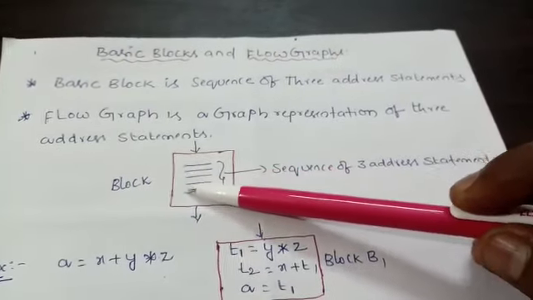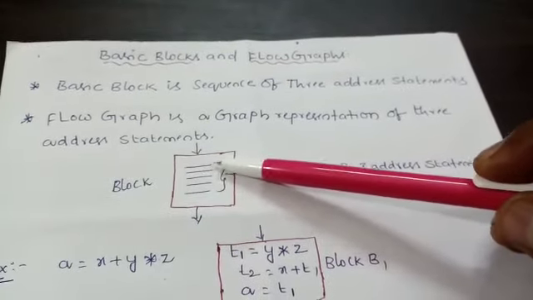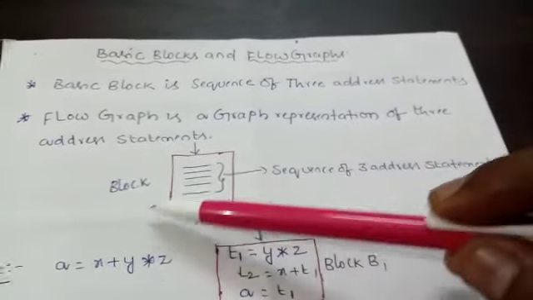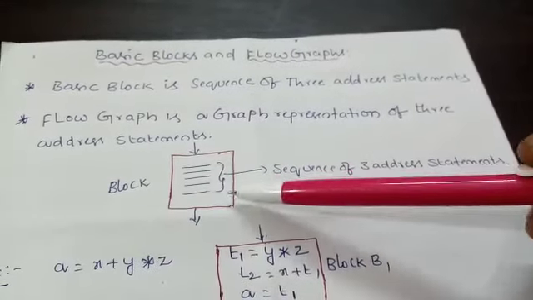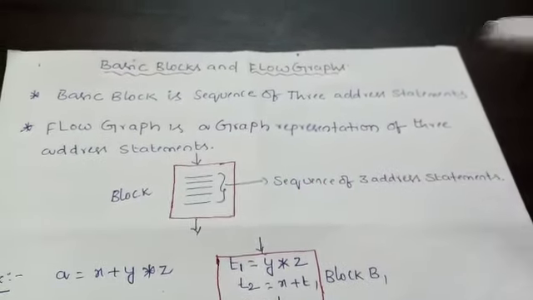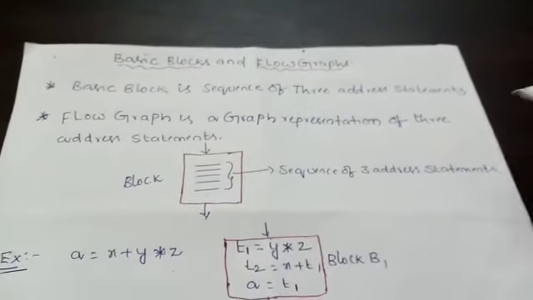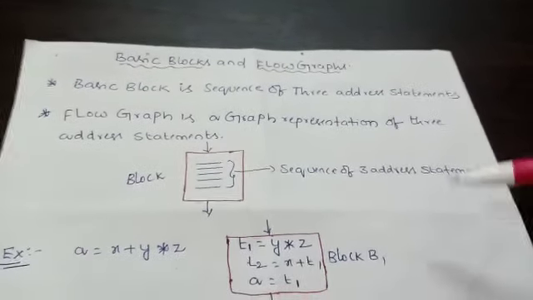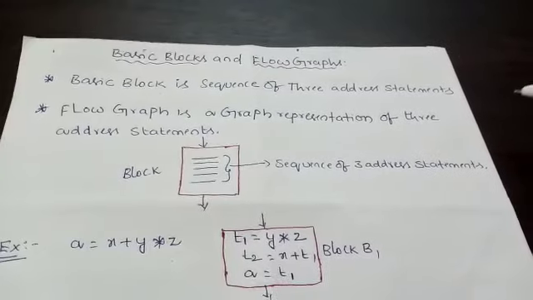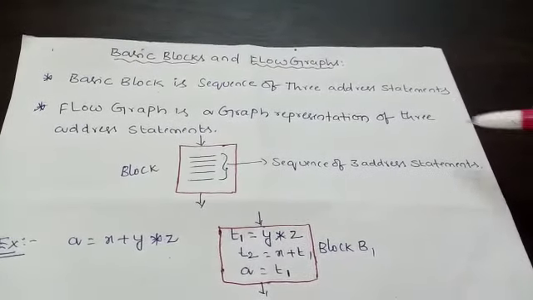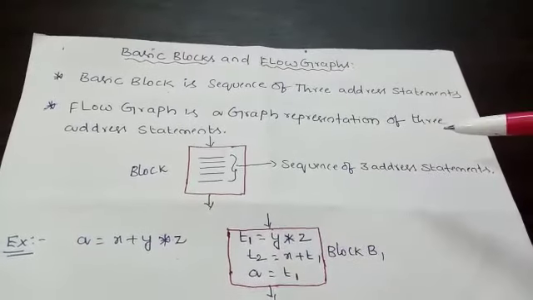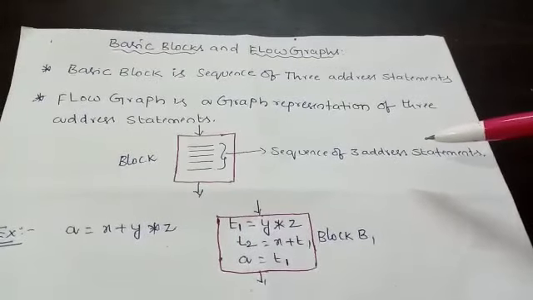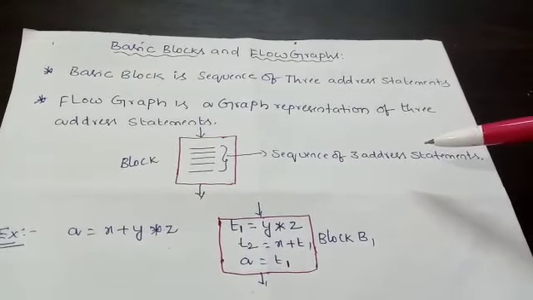So assume that this is a sequence of three address code statements. See, this is the entry, this is the exit point. So we can call it block B1 or block B2, like that. In this block, we have a sequence of three address statements. For example, consider this block. It contains a sequence of three address statements in which the flow of control enters at the beginning and leaves at the end. Therefore, it should not have a conditional or unconditional go to in the middle of the three address statements. It can be in the final statement.